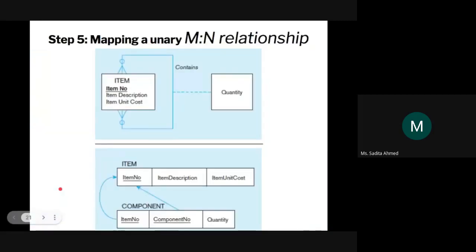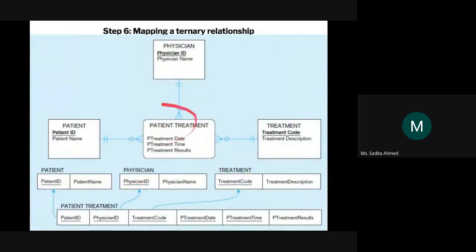So we'll do the same thing here as well. This is an associative entity. There are three relationships, or a ternary relationship; there is nothing to be frazzled or nervous about. We will treat it simply as an associative entity. Whatever we have been doing for associative entities, we'll do here. As simple as that. Nothing special because it's a ternary relationship. Patient treatment is an associative entity, so we'll create a